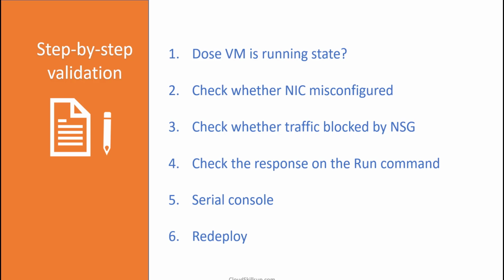If you are getting a response there, we can try the next option, the 5th one, the serial console. We can try to access the VM through the serial console and find out the overall options and configuration that we set in the VM. I'm not going to show you some configuration, but I can tell you how you can connect to the serial console from the Azure portal, and what benefits you get by using it.